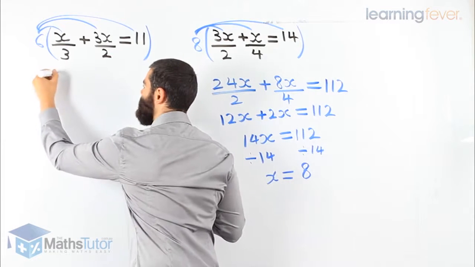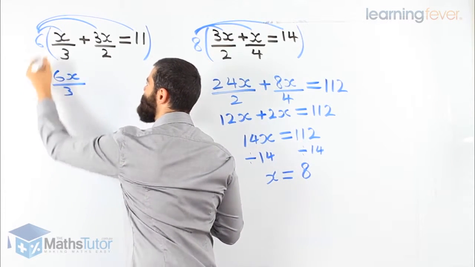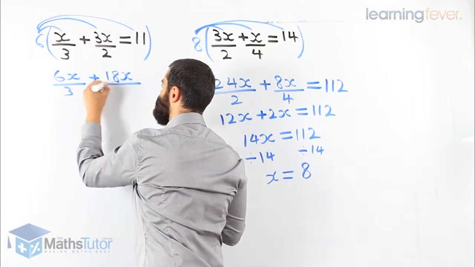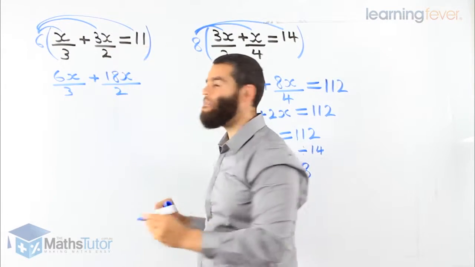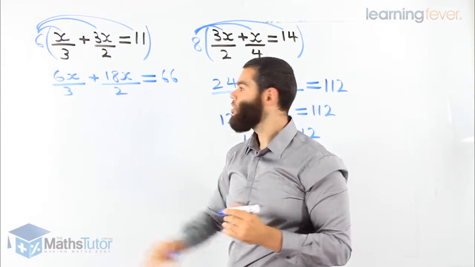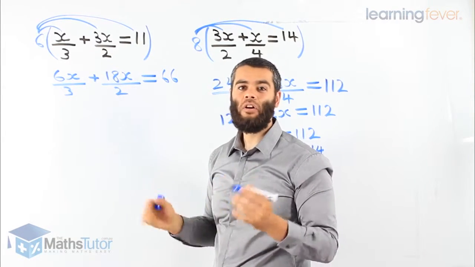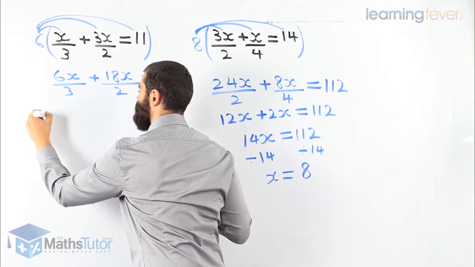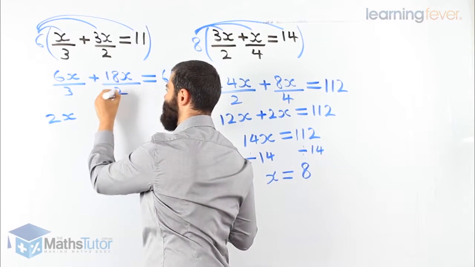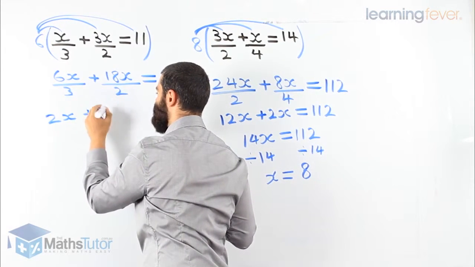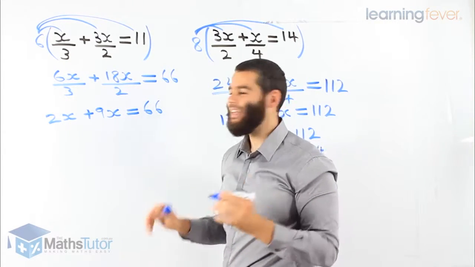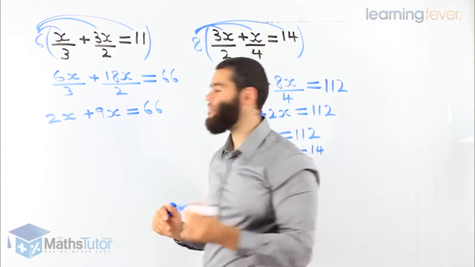6 times x, 6x over 3. 6 times 3x, 18x over 2. And 6 times 11, 66. Now, what do we do? We simplify, we divide to get rid of the denominators. 6 divided by 3, 2x. 18 divided by 2, 9x, equals 66. Now what? Collect like terms. 2x plus 9x, 11x